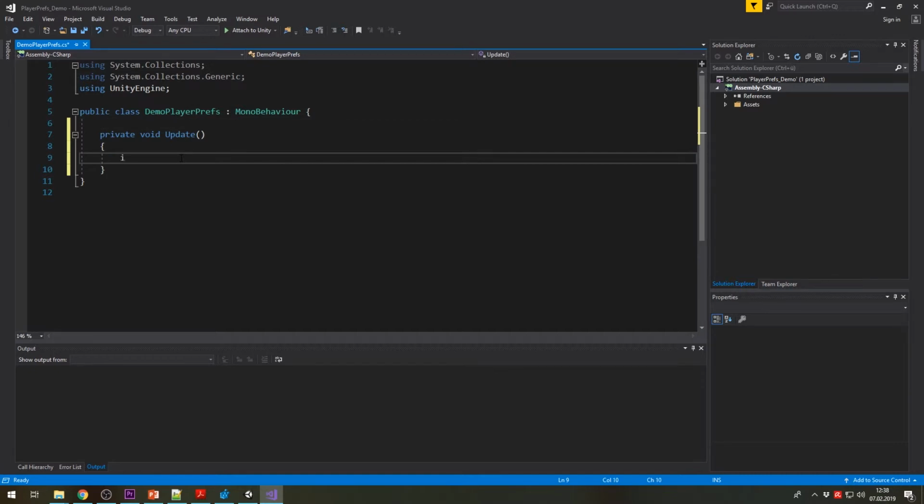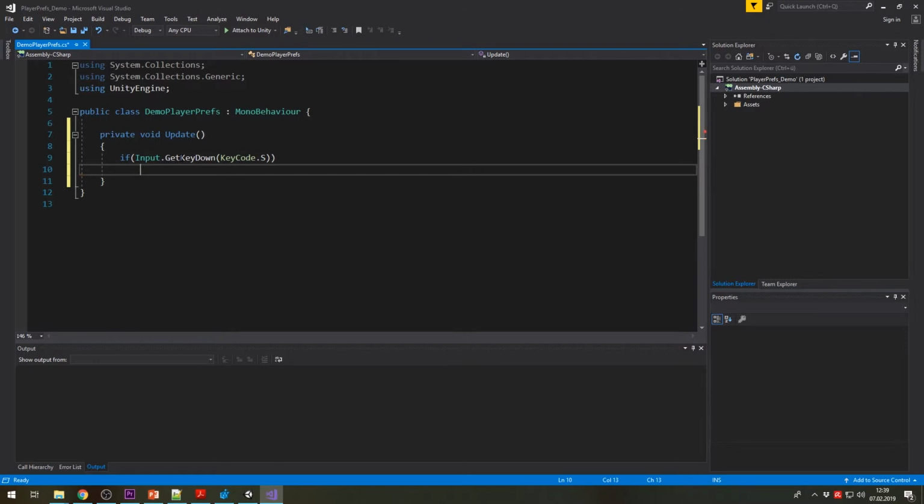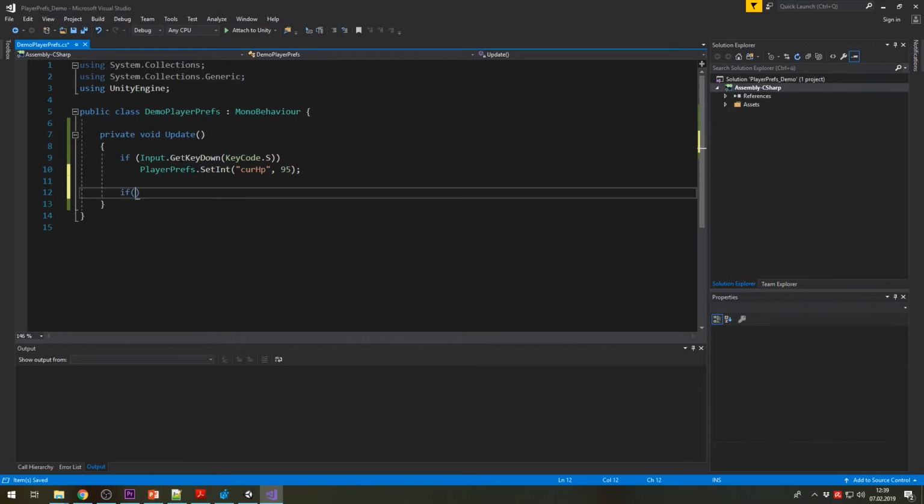All right, so we'll just check if Input.GetKeyDown KeyCode.S for save. Then we say PlayerPrefs.SetInt. I don't know, let's save the current HP. And let's say he has 95 HP. Right. Then let's just copy this. If I press L for load,